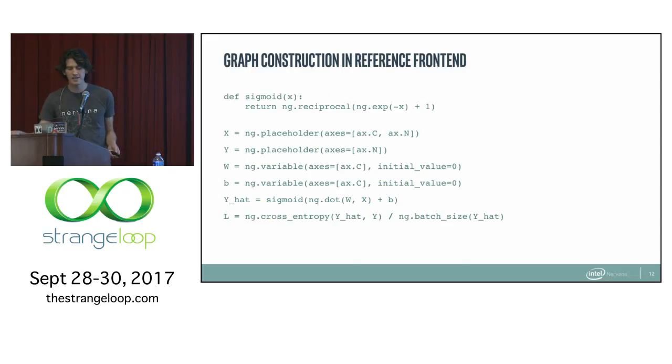So this is what it looks like in the current Python front end. It's the same sort of idea, just in code. One thing that you'll notice is that we are passing axes into the functions. And these allow for static type checking, or static checking of different dimensions, so that we don't end up compiling a graph that couldn't possibly run on the hardware.